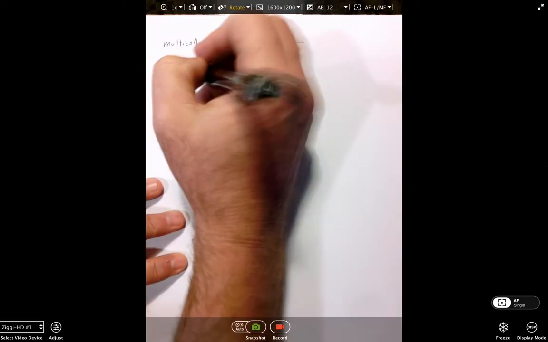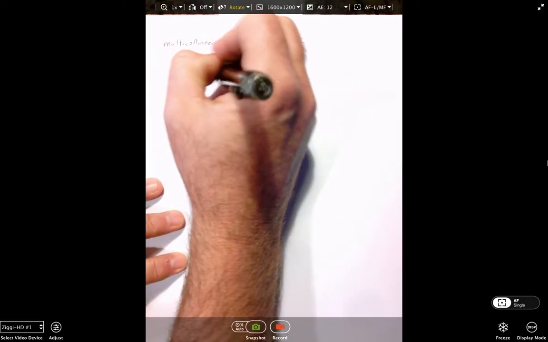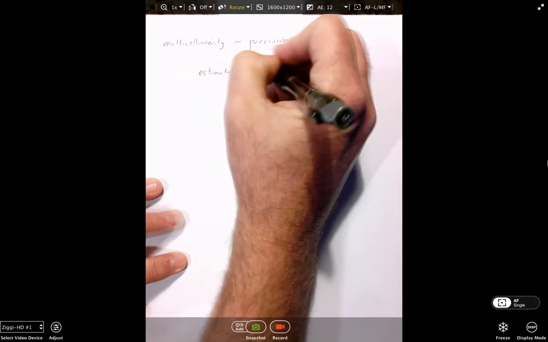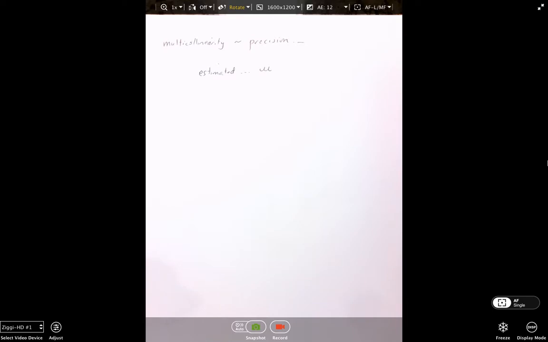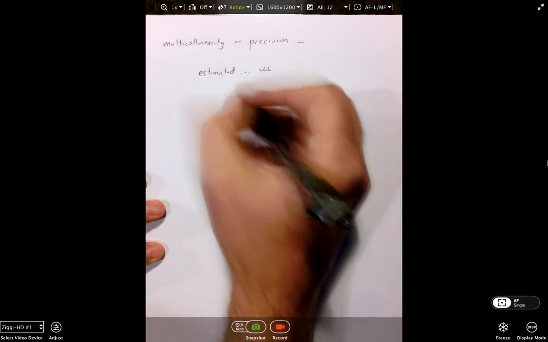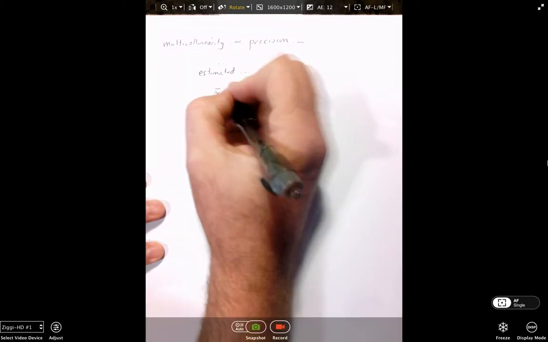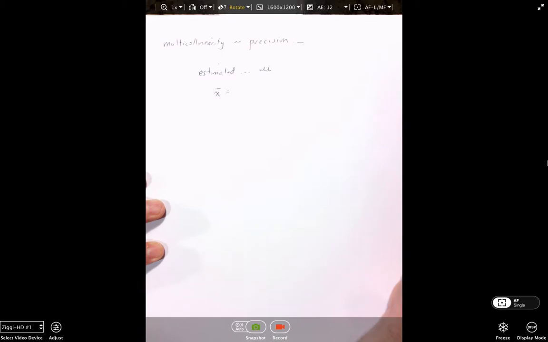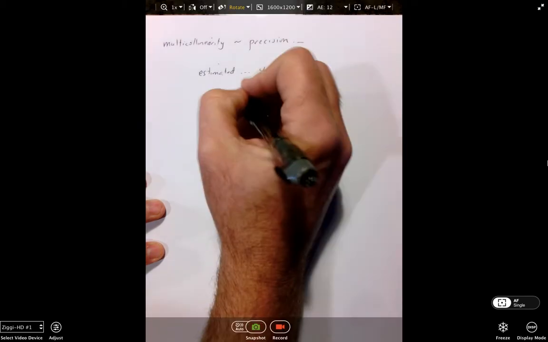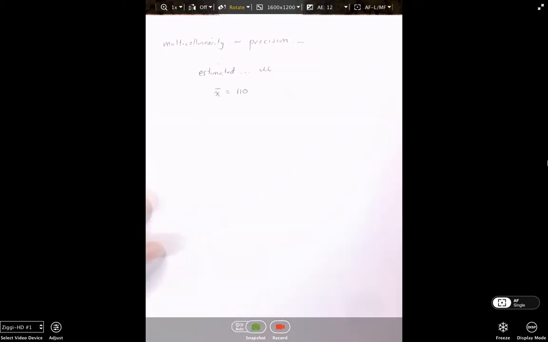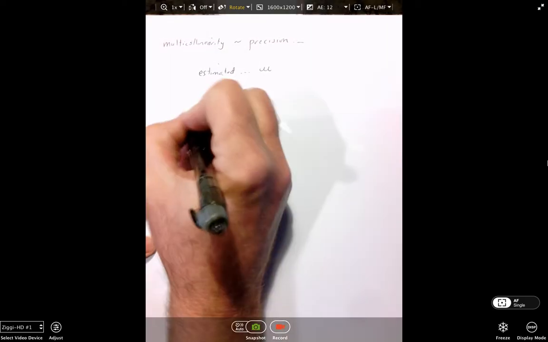So let's say that, just to keep it very simple, our goal is to estimate mu. We collected a random sample, and we calculated the sample mean, and we get 110. Well, a 95% confidence interval